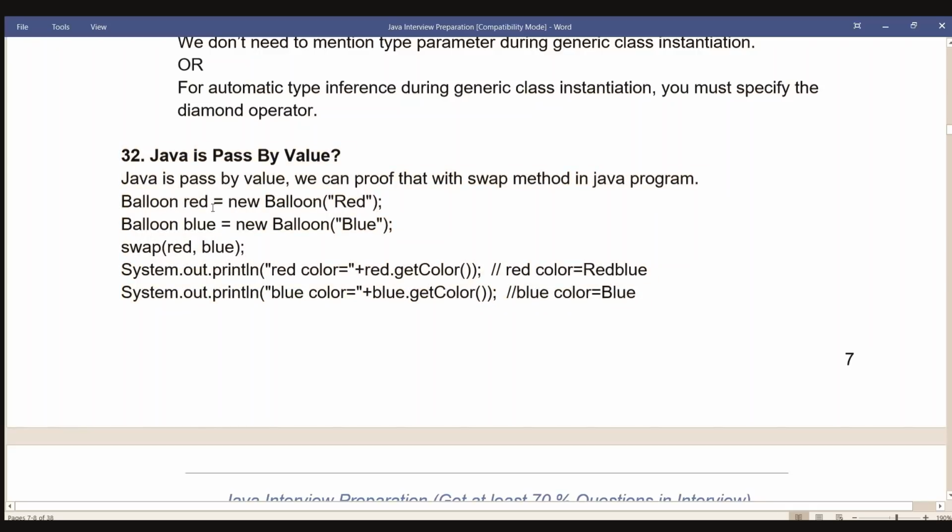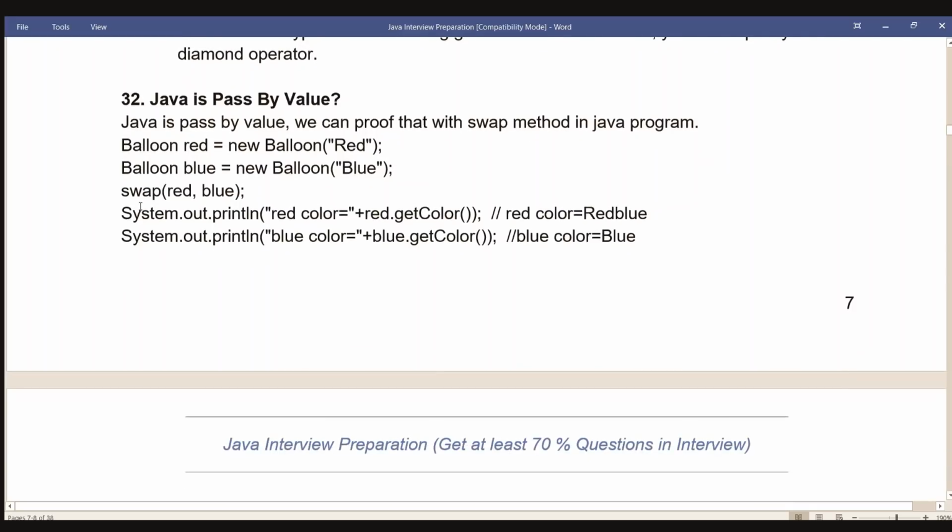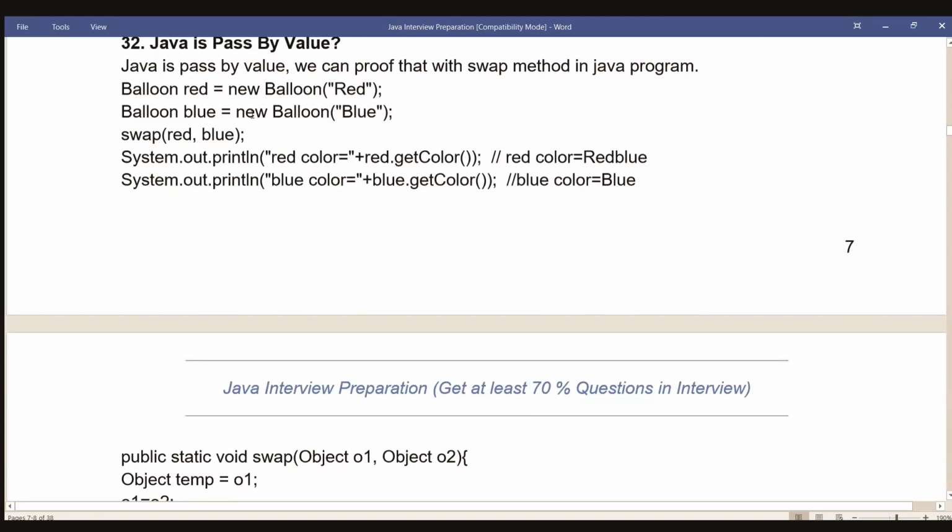Java is pass by value. We can prove that with a swap method in a Java program. Balloon red = new Balloon("red"); Balloon blue = new Balloon("blue"); swap(red, blue);